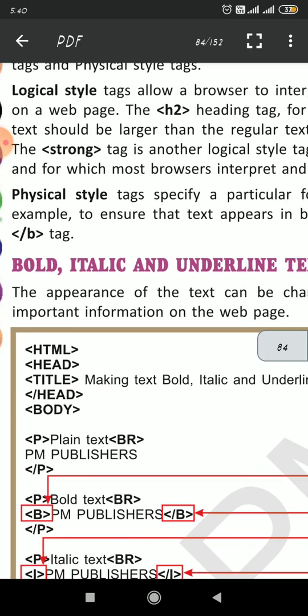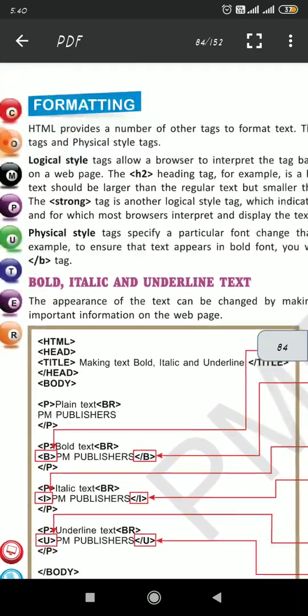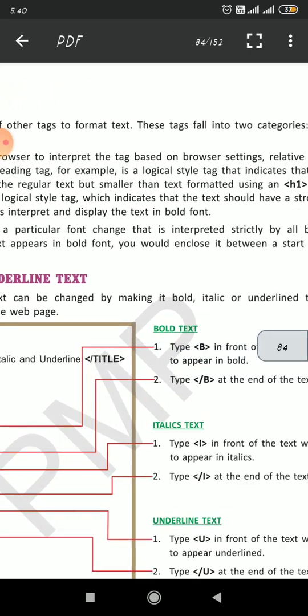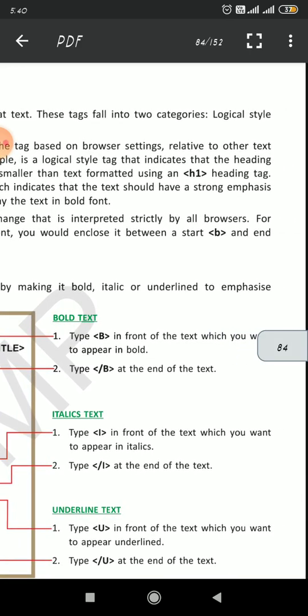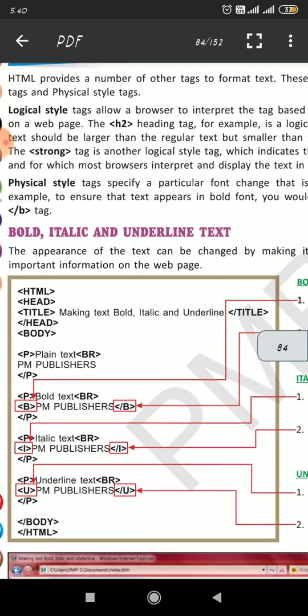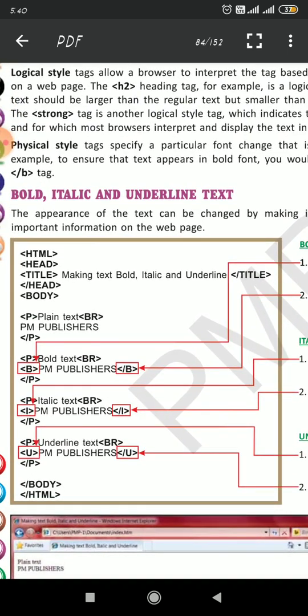Now, bold, italic, underline text. The appearance of the text can be changed by making it bold, italic, or underline to emphasize important information on the web. Like, any important word is there in your web page, you are writing some information, you are making a web page on some particular topic.